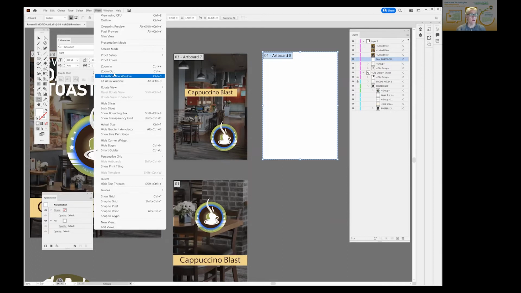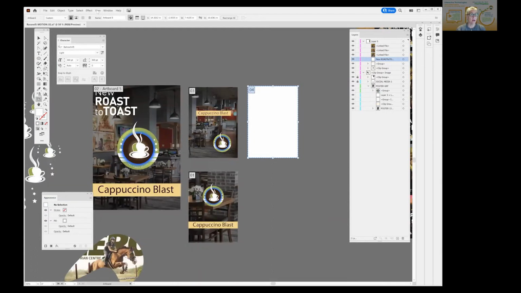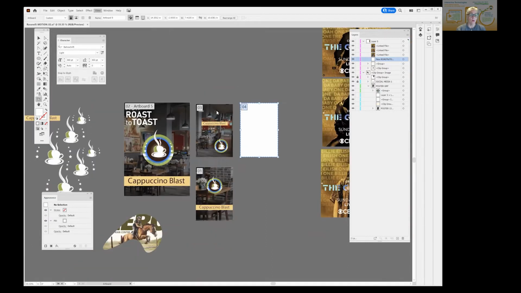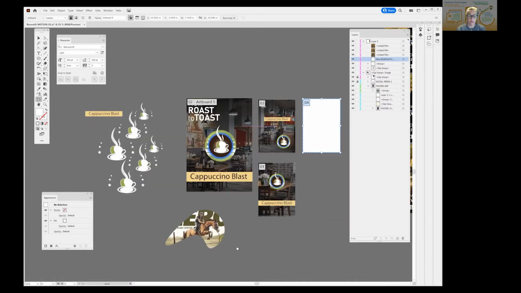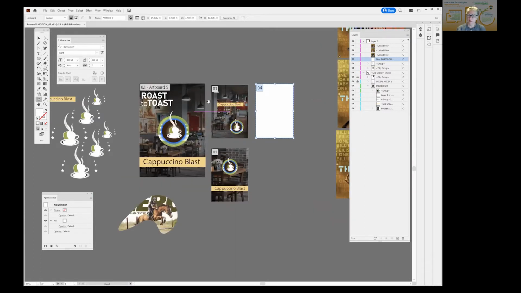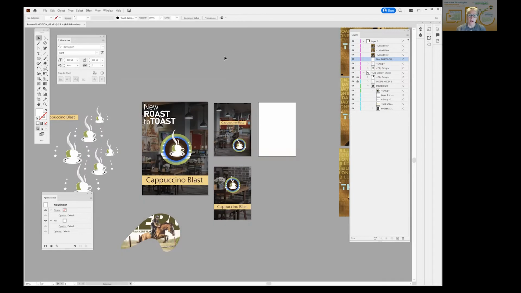In fact, if you zoom out of the canvas, what's important to realize is that you have all of this canvas. This does not exist in Photoshop. This is one of the things we love about Illustrator, that you can create multiple pages, which can be a PDF. So I could export this file,